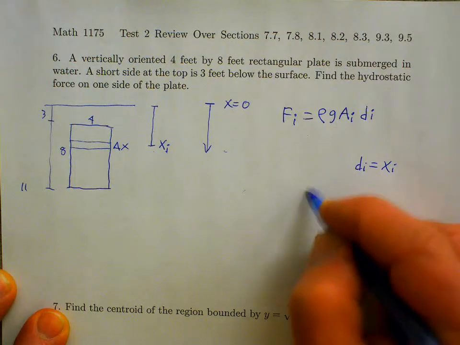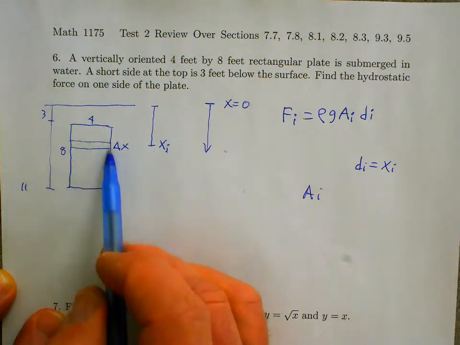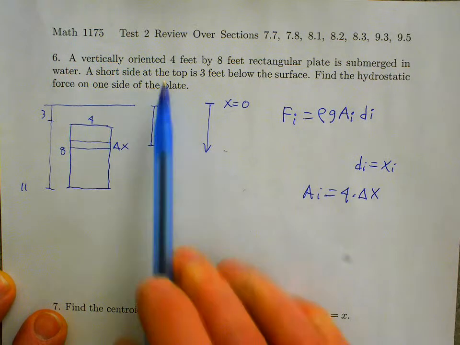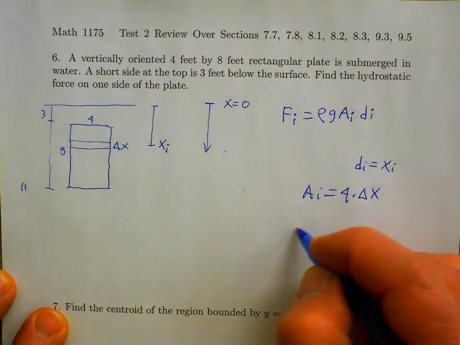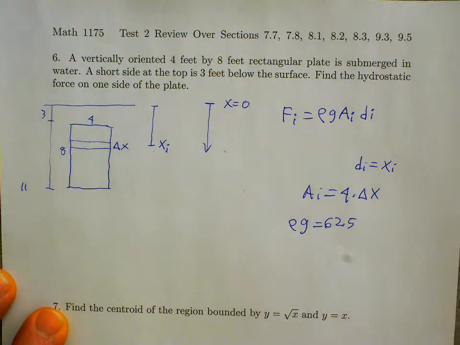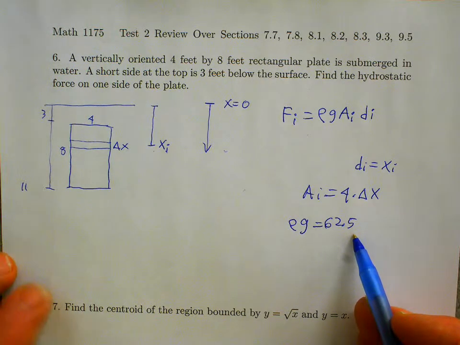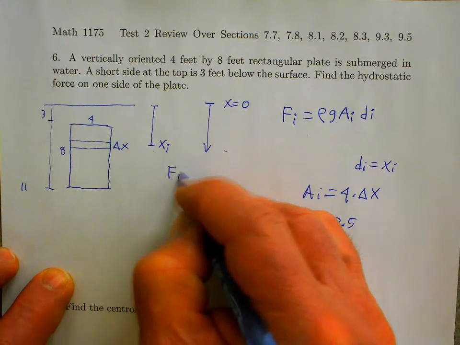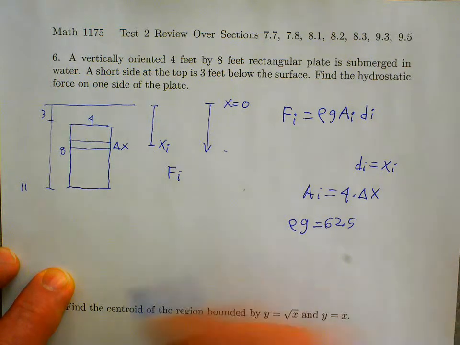And the area of that rectangle, well, it's 4 times delta x. And since the dimensions of the rectangle are given in feet, rho times g is 62.5 pounds per cubic foot. Okay, so then upon substitution, the hydrostatic force on the ith rectangle out of n rectangles total is